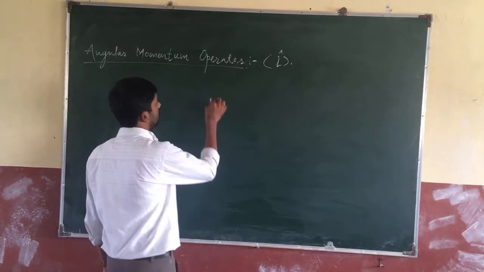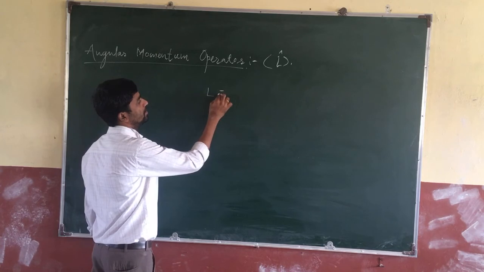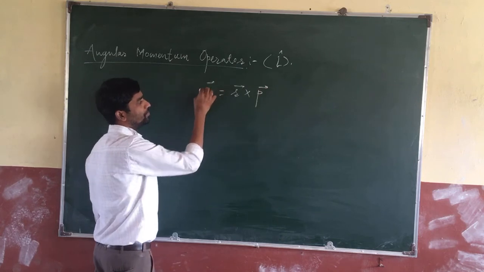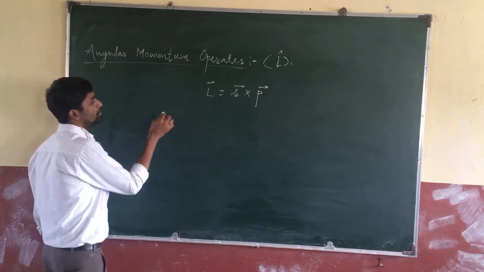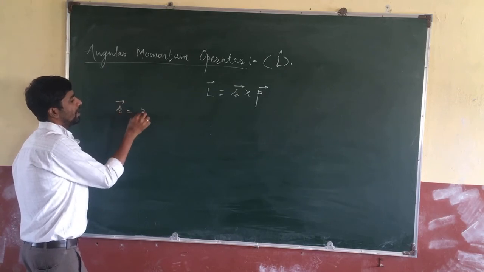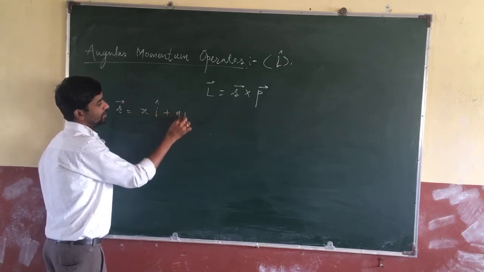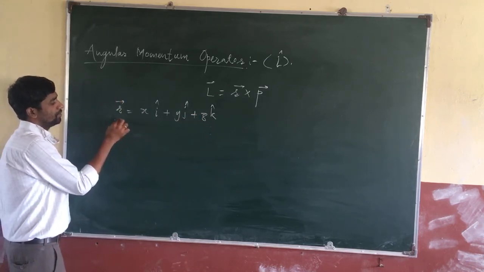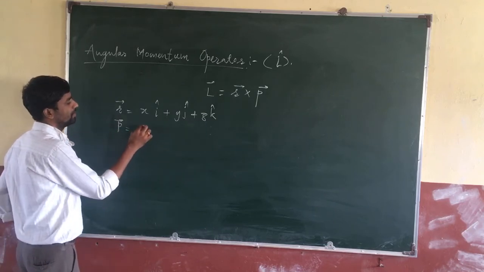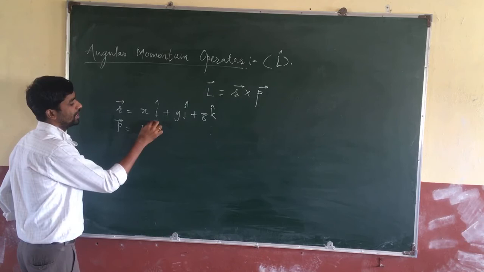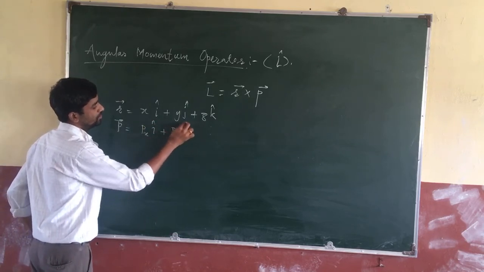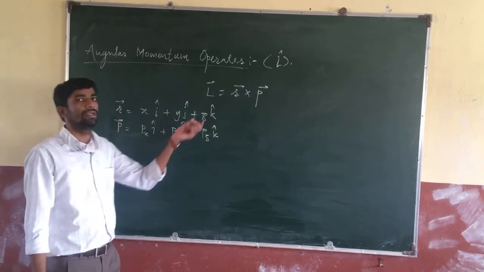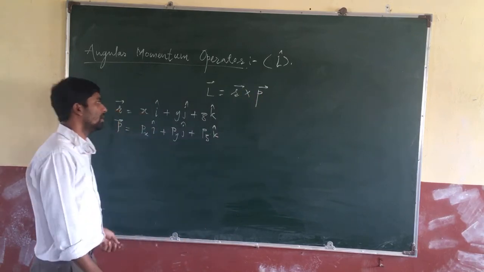Angular momentum is denoted by L, and it is the cross product of the position vector and the momentum vector. What is r here? r is the position vector, given by x i cap plus y j cap plus z k cap, and p is the linear momentum, given by the component along the x-axis times i cap, the component along the y-axis times j cap, and the component along the z-axis times k cap. If you write it as r cross p,